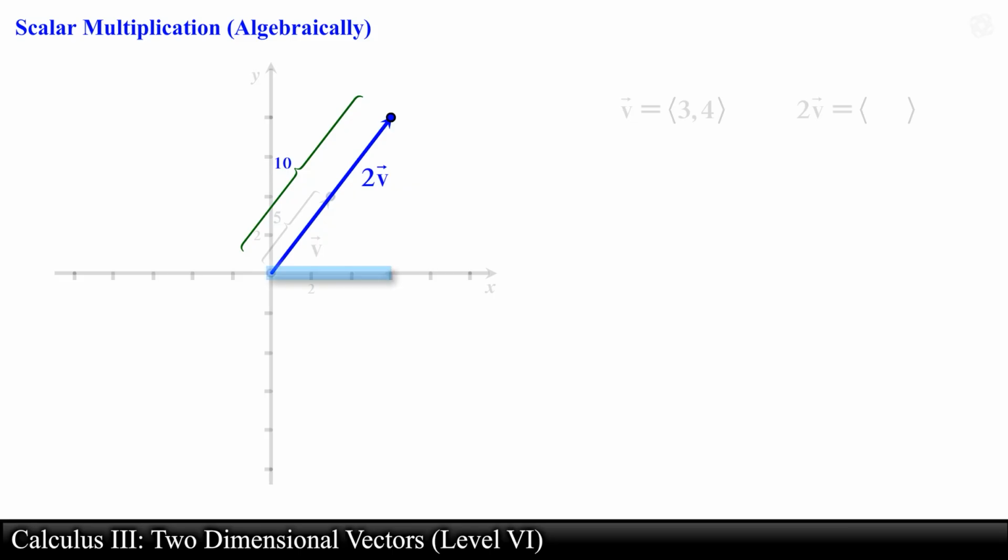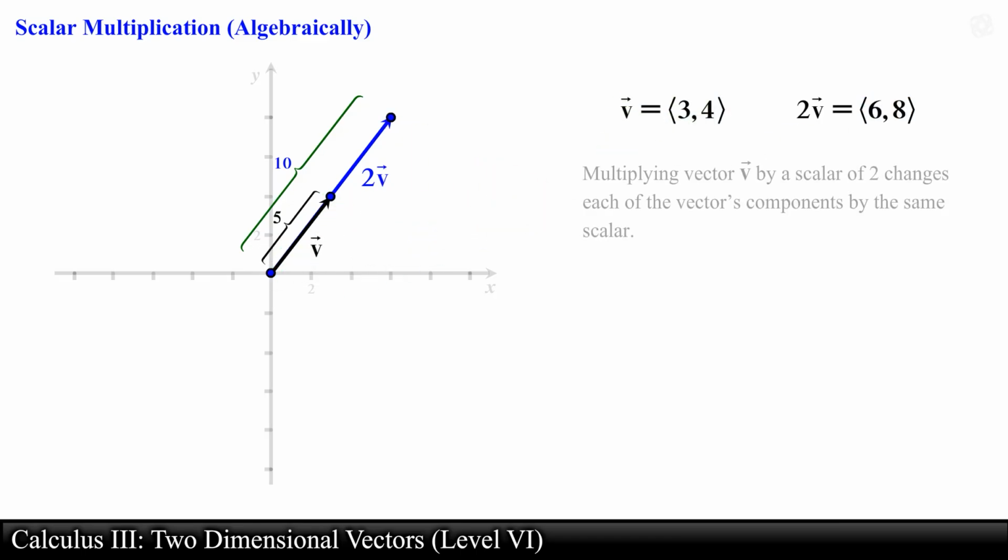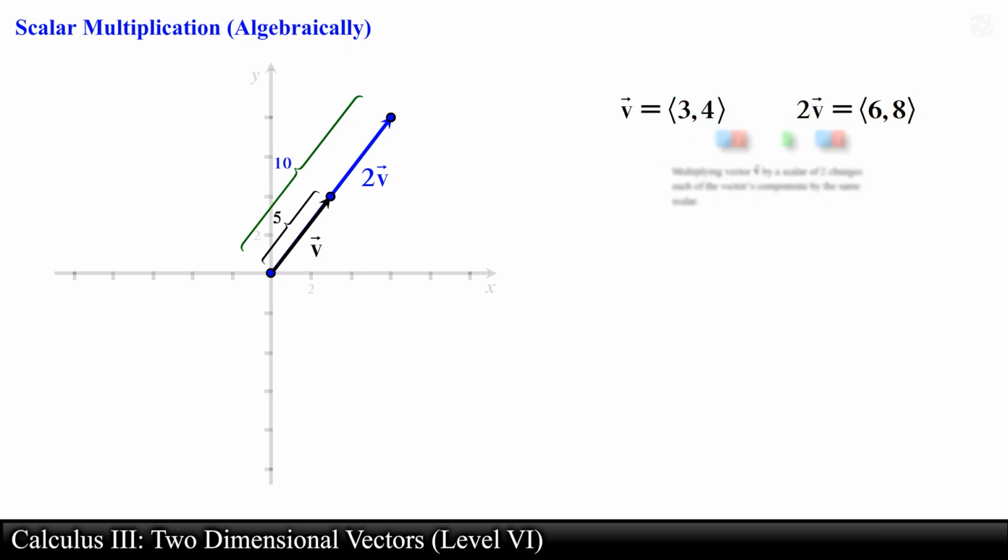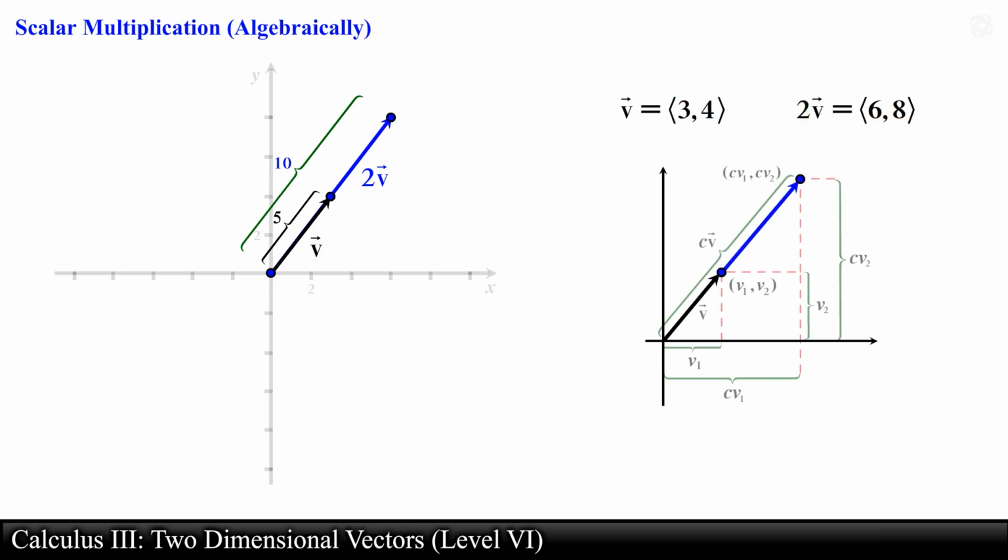Next, let's take a look at the x component and y component of this new vector. Notice that the x component is now equal to 6, and the y component is now equal to 8. Compared to the original vector, the components of the new vector have doubled in length. In the end, multiplying vector v by a scalar of 2 changes each of the vector's components by the same scalar. In general, when multiplying a vector in component form by a scalar c, we simply multiply each component by